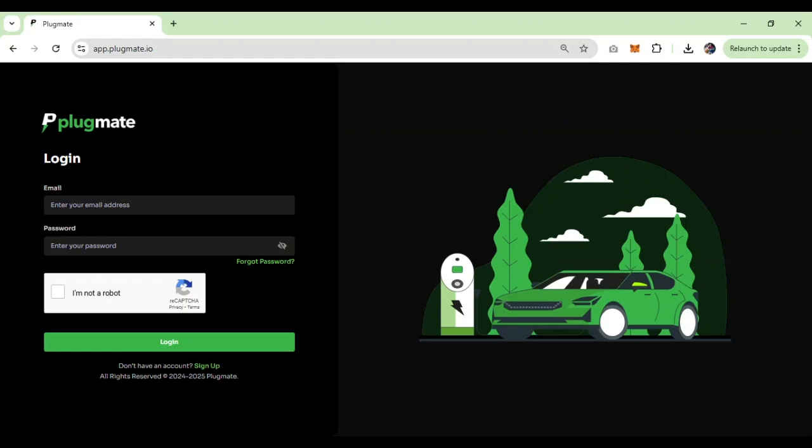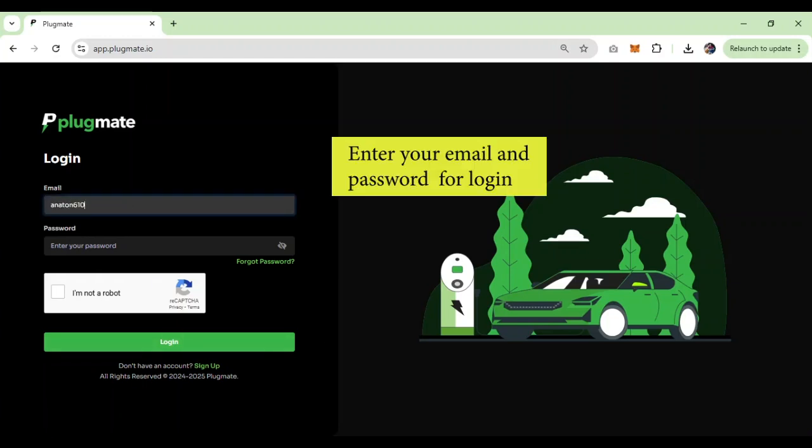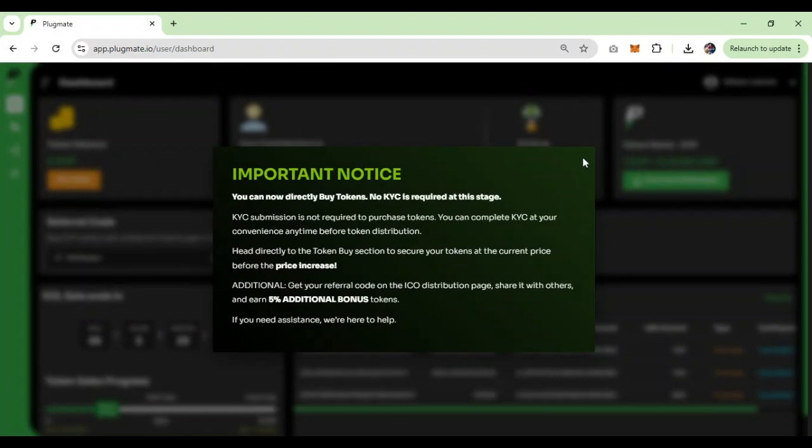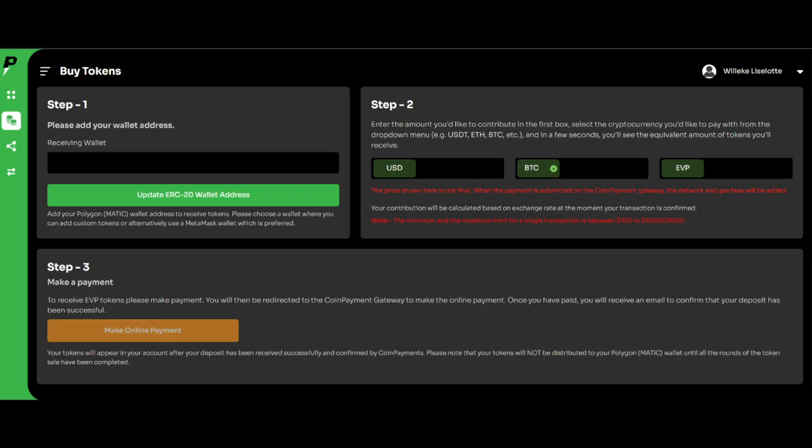First, log into the system using your credentials. If you don't have an account, please create one to proceed. Once you have logged into the system, please navigate to the Buy Token section, which is the second option in